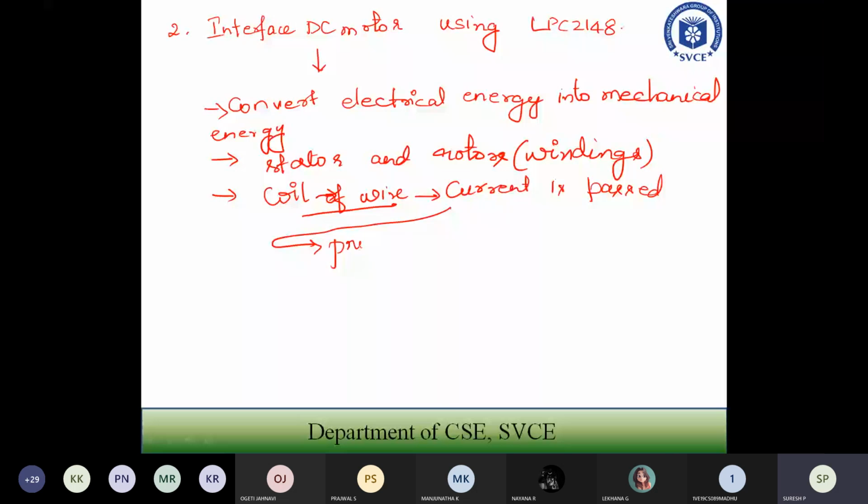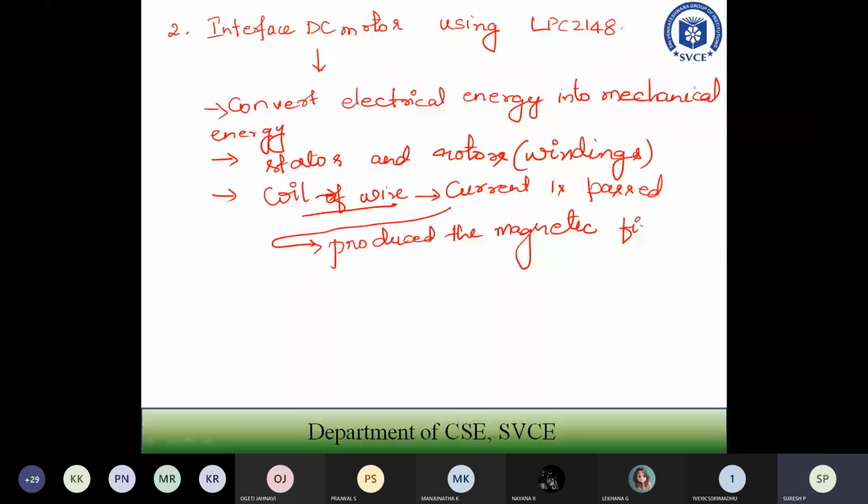With the help of the magnetic field, the stator and rotor will have repulsion, and with the help of the repulsion, it is going to start moving. You will observe that the coil and the motor are moving. That is how it moves with respect to the DC motor.